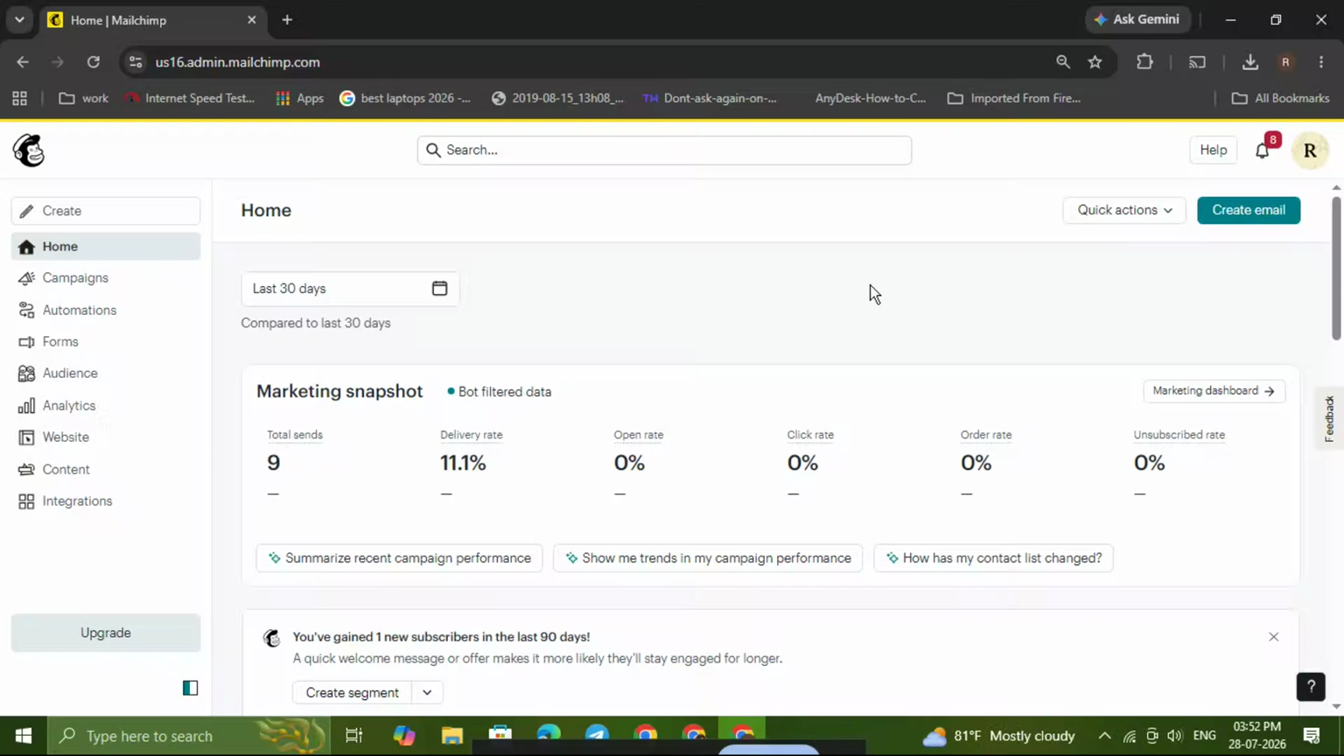If you've been wondering how much Mailchimp costs, you're in the right place. In this video, I'll walk you through the current Mailchimp pricing plans and show you exactly where to find them inside your account. We'll look at the main plan options, what each one includes, and how to choose the best